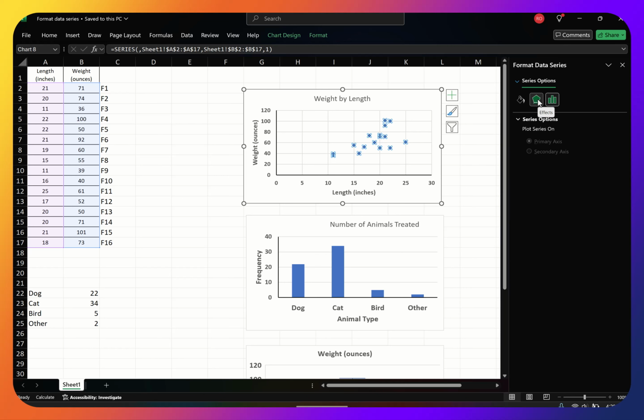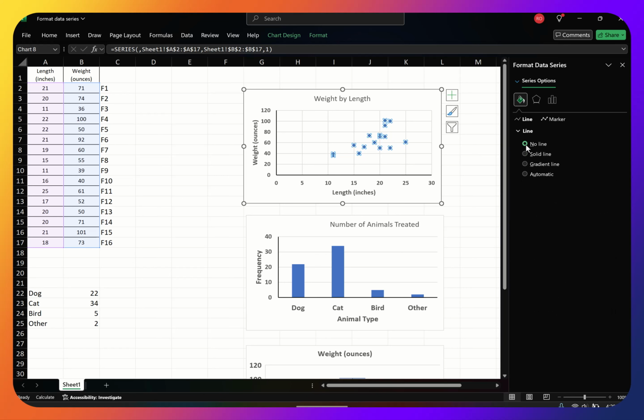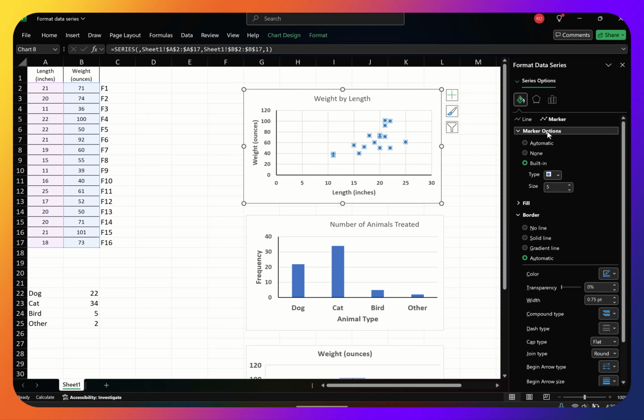If you go to the Pentagon, these are all visual effects. Do you want it to have a shadow, glow, soft edges, 3D format, various things that you can do. The paint bucket is the main one. In the line, we can have no line, we can have a solid line, and to have a solid line, it puts in the connectors for that particular graph, which isn't much use, and you can control this in the graph type as well. The main thing in this is the marker,